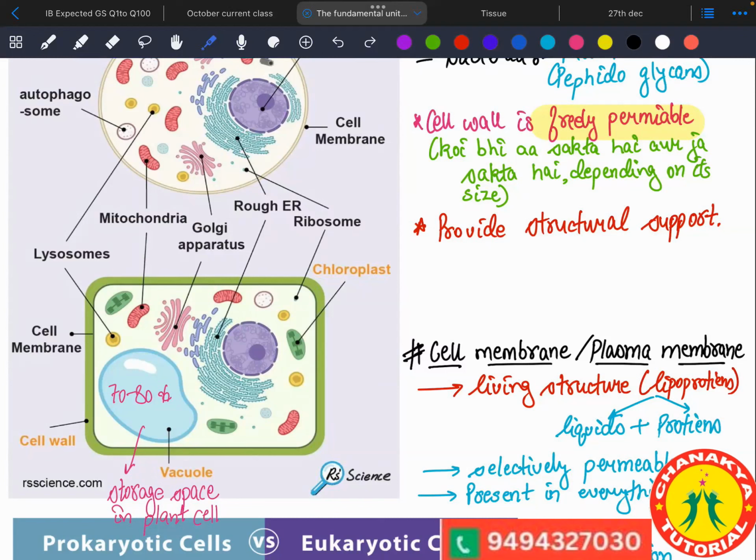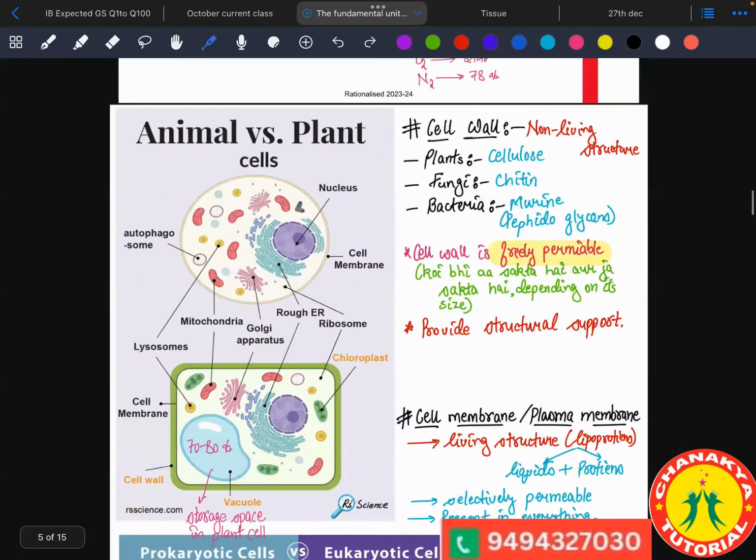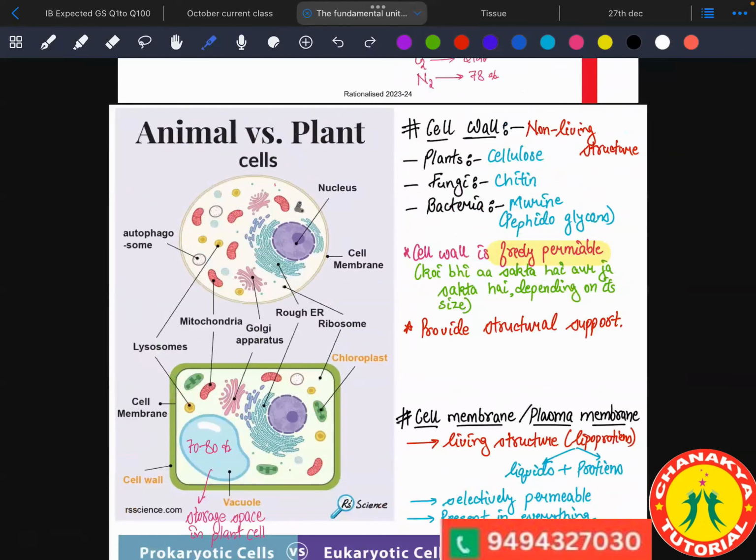Last year, our ma'am told us that animal cells do contain vacuoles, but they are very small. Okay, she made a very good difference. She said that a plant cell has one or two vacuoles, but they are very large, whereas animal cells can have many vacuoles, but they are quite small. Can you guess the reason behind this phenomenon?